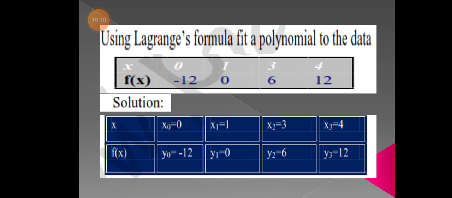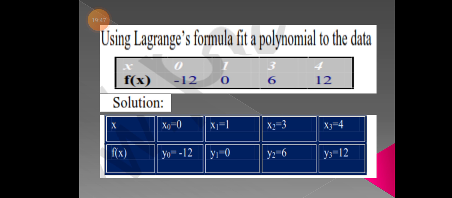Next, another problem using Lagrange's formula: fit a polynomial to the data. Simply they have given x equal to 0, 1, 2, 1, 3, 4. See, it is not an equal interval, it is an unequal interval. Why I am saying unequal interval: check the x values 0, 1, it was equal, but if you are having equal interval, after 1 you should have 2, but 3 is given in the third place, and then the fourth was given here. So that means it is an unequal interval.